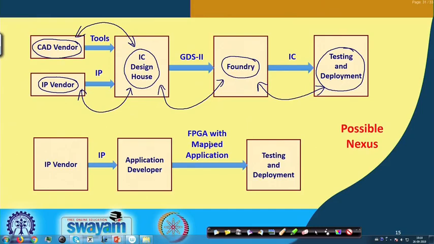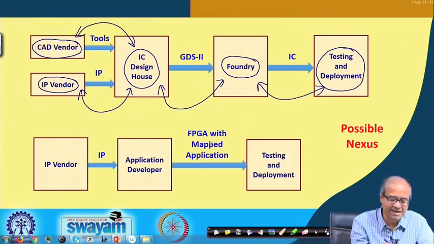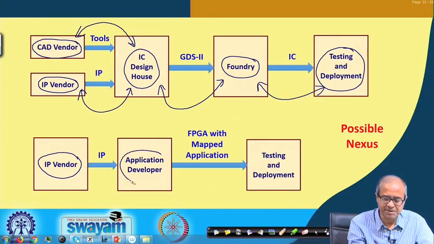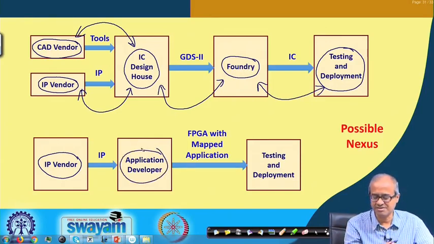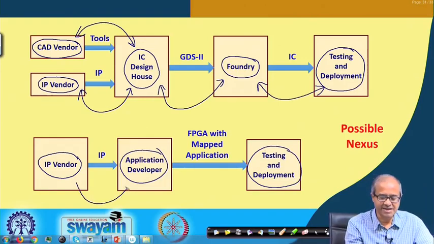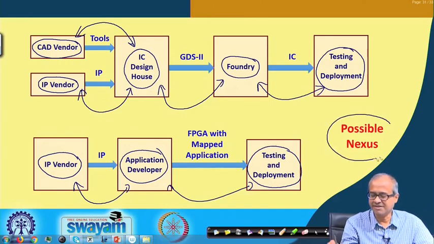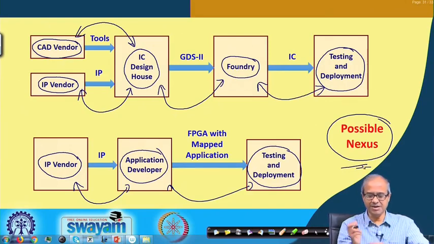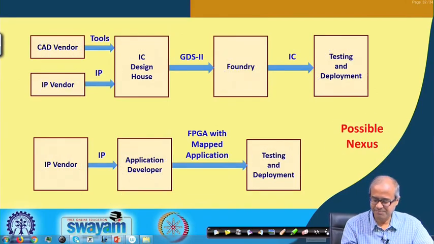Similarly, if you talk about FPGA kind of application, you can again have some IP vendors which are downloaded on FPGAs. You can have Verilog or VHDL codes. You can have some application developers, which may be yourself, maybe someone else, and finally, someone will be testing them out. So, here again there can be a nexus between multiple parties. The idea is that if there is a possible nexus, then inserting the Trojans becomes that much easier. Okay? This is what I wanted to say.